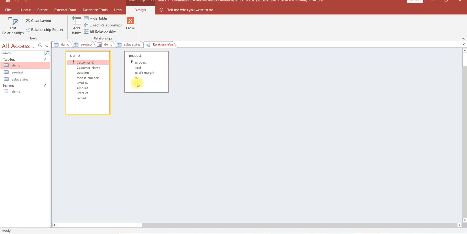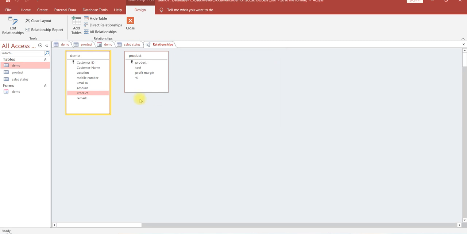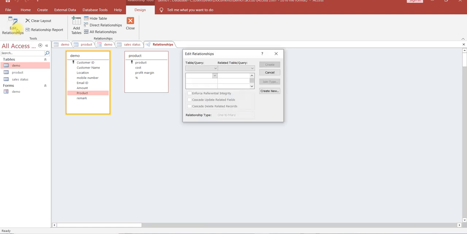How to create the relationship? Select this product, drag it towards the second one, product. Now the relationship pop-up will come. Otherwise you can say Edit Relationship here. Select Edit Relationship, and select the first table to the query, because this relationship I haven't created.